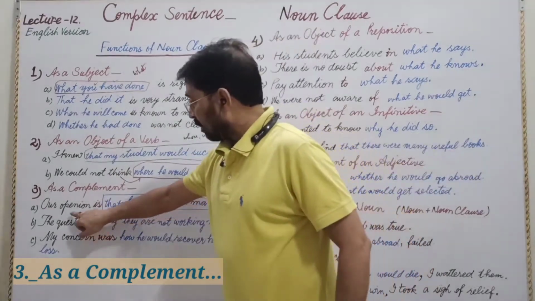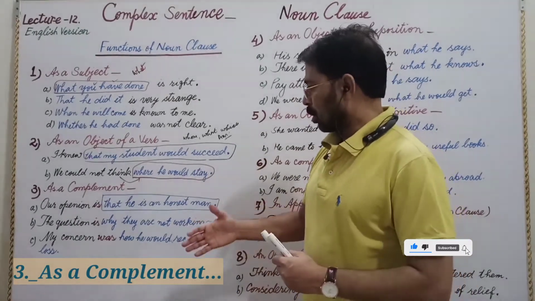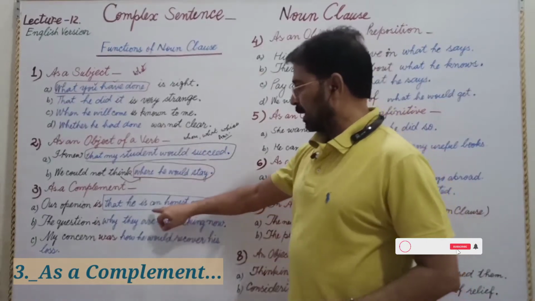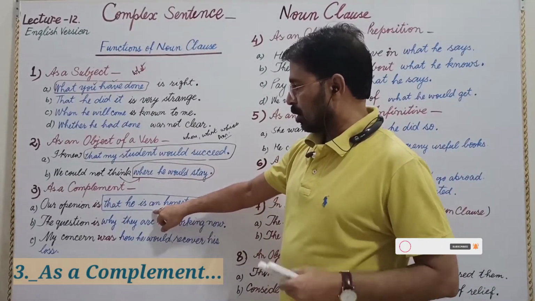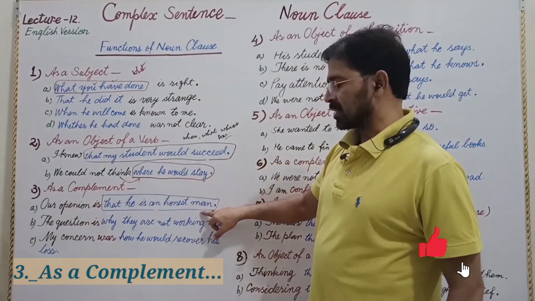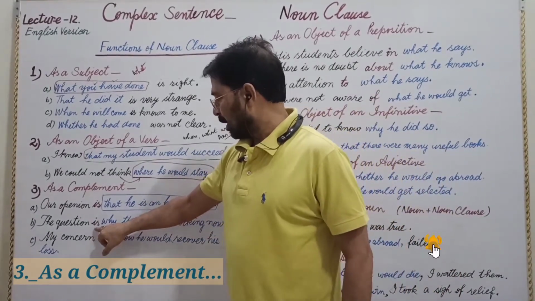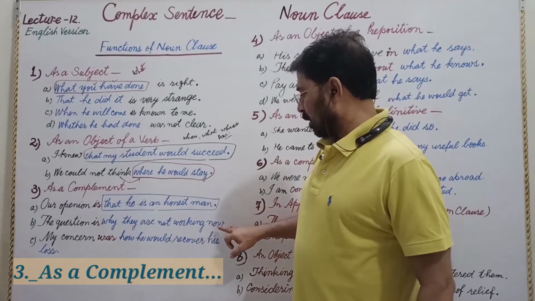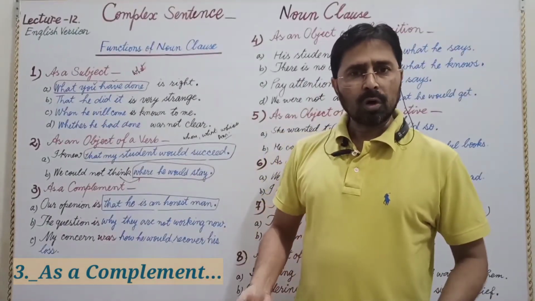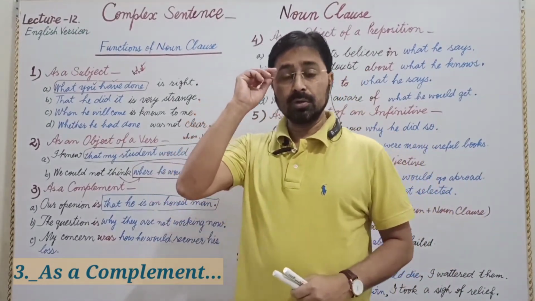So if you have your subject, you have your linking verb, and after the linking verb you have a part that has its own subject and predicate, we declare it, we know it as a complement, and then we say our opinion is that he is an honest man. That he is an honest man. In the same way, there is one more linking verb. You can say that, why, whether, and what. Okay. These 4 points especially are used in noun clauses.